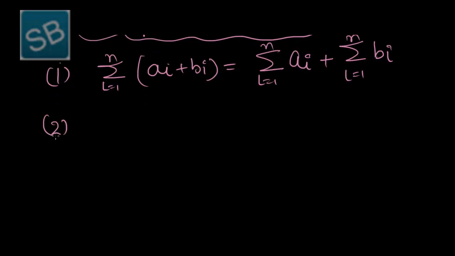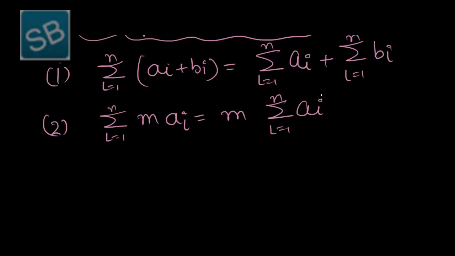Number 2, sigma i from 1 to n of m times ai gives m times the sum, m is common out of each series, and then take the sum of each term, where m is a constant